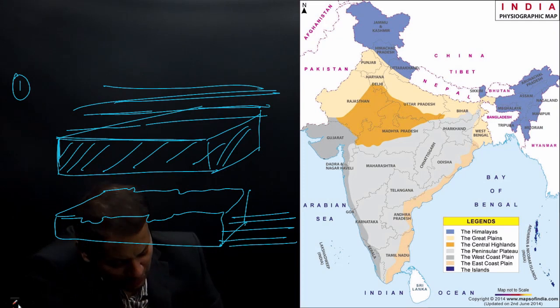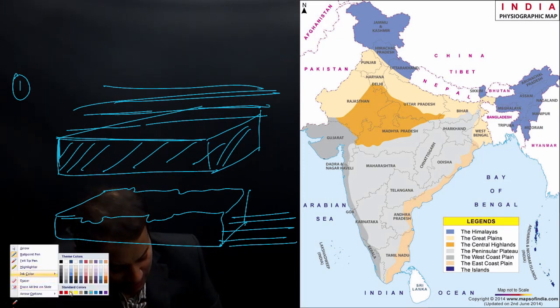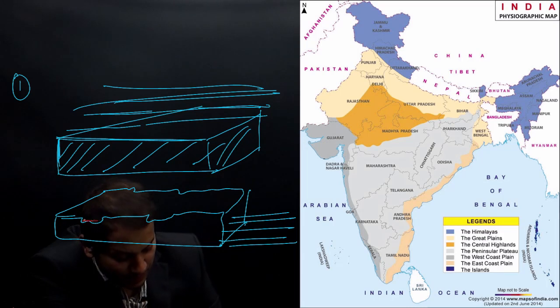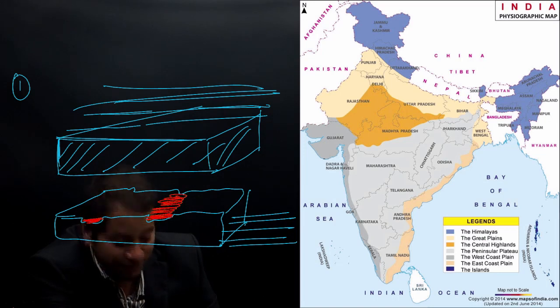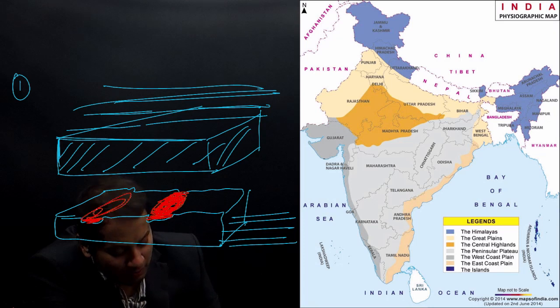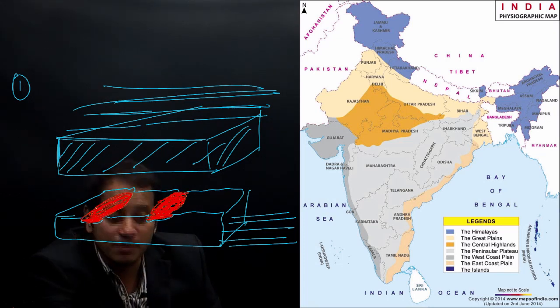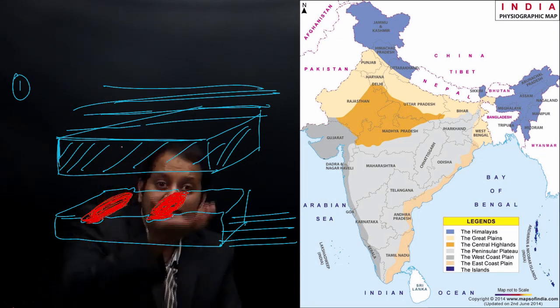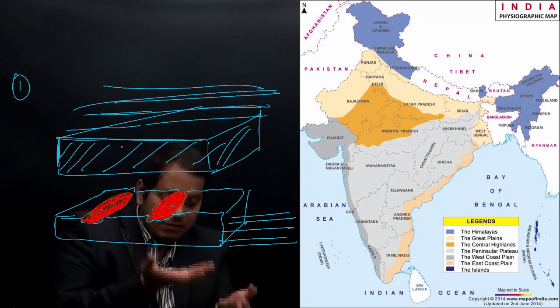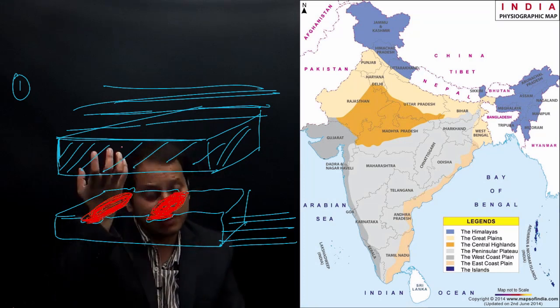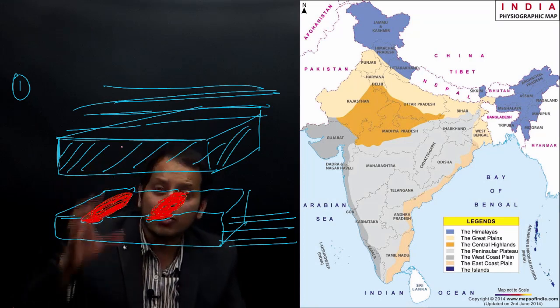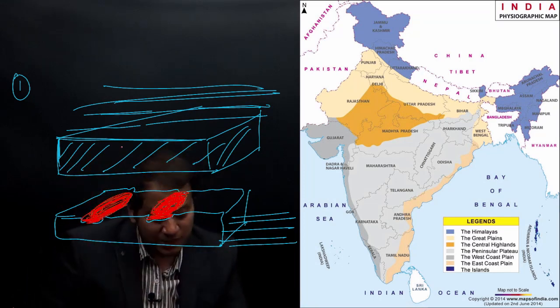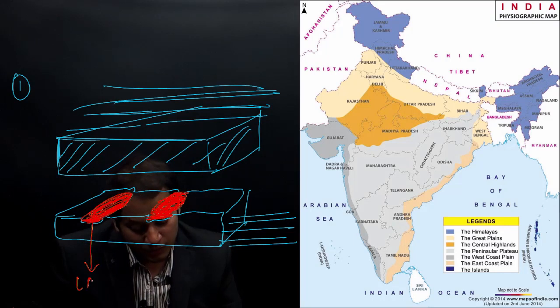So now when the land has emerged out, what will remain in these grooves? The land is never exactly flat, so there are some depressions, some holes on the land. When the land comes out, these will be filled by water. Why? Because this land was initially under the water. The land will come out and the sea level will go down, but if the land is not flat, there will be some depressions, some holes, and in those holes water will be filled up.